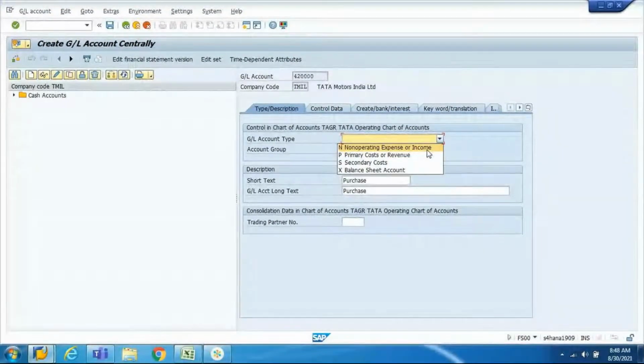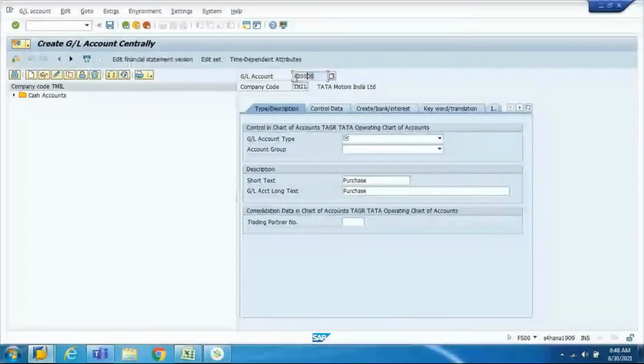Clear? In short, if you want these purchases to be reflected in the CO module, the GL should also be treated as what? A cost element, right?